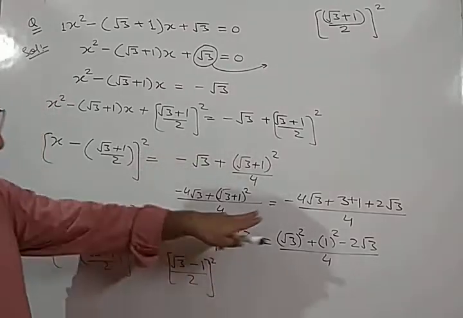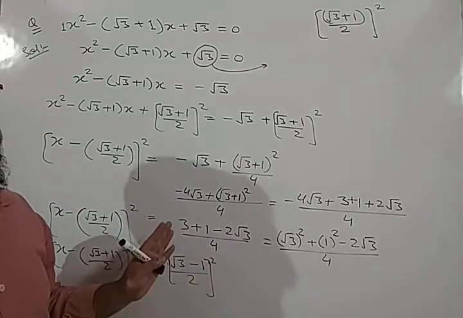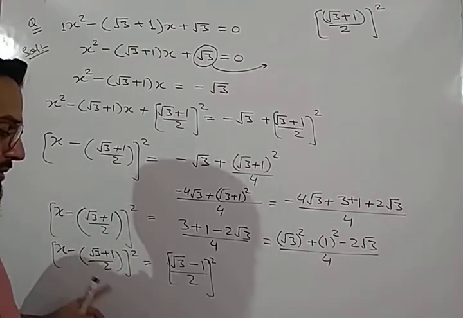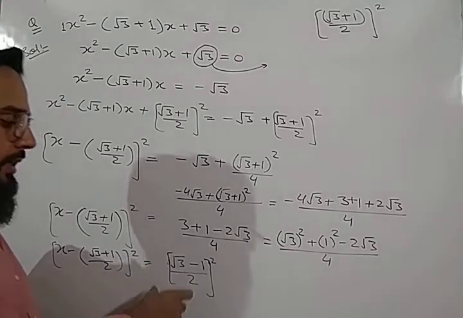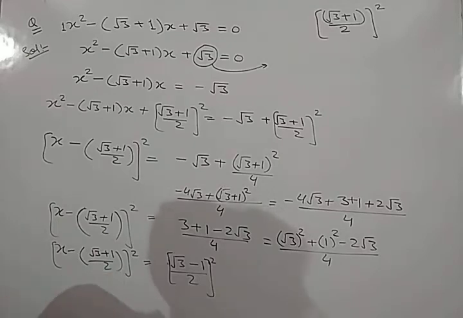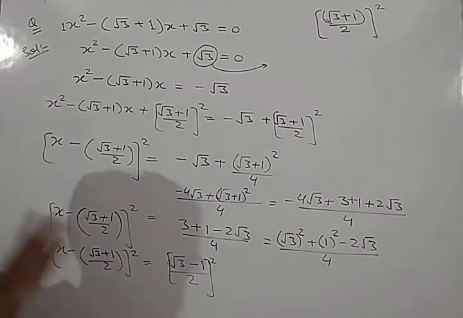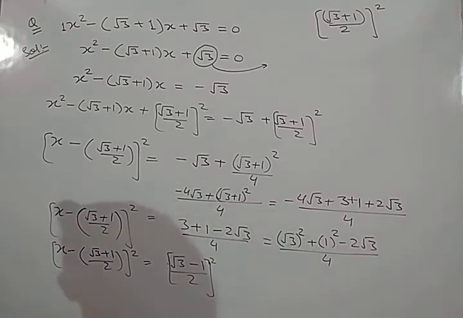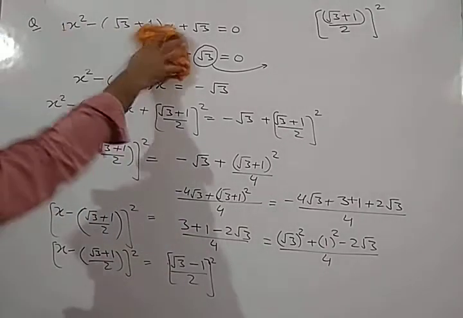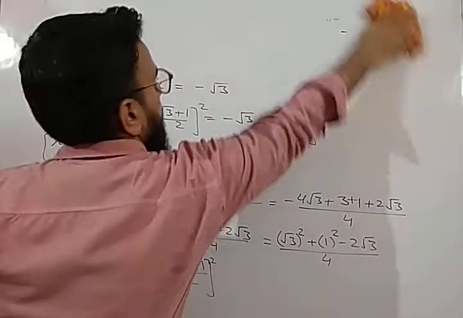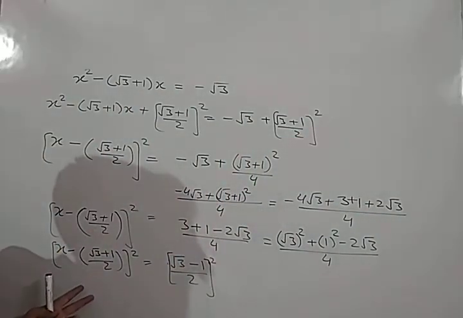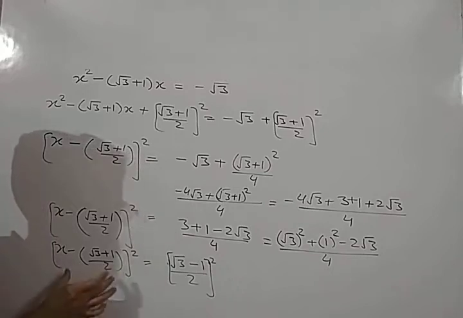You can solve it without taking a square also, but that will be more complicated. Now this is simple, because when we take the square root on both sides, it will be very easy to solve. So we get this equation: (x minus (root 3 plus 1) by 2) whole square is equal to ((root 3 minus 1) upon 2) whole square. Now taking the square root on both sides, we will get our answer. So we have got the perfect square with x. We have to make this term a perfect square. This is our perfect square.